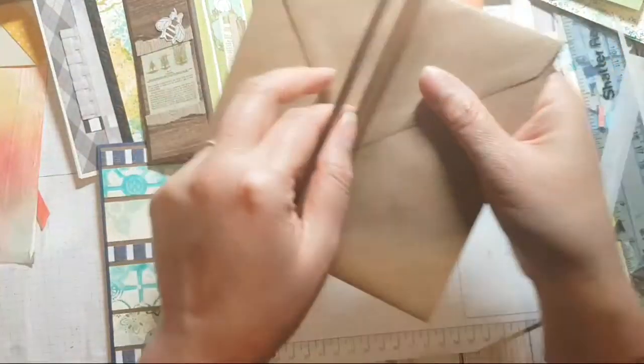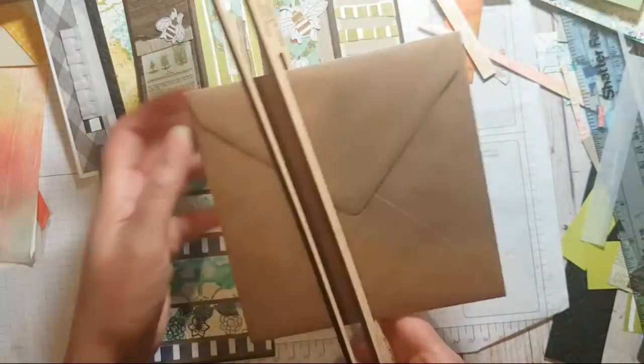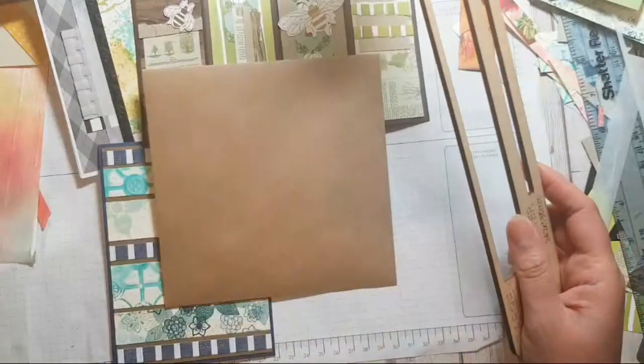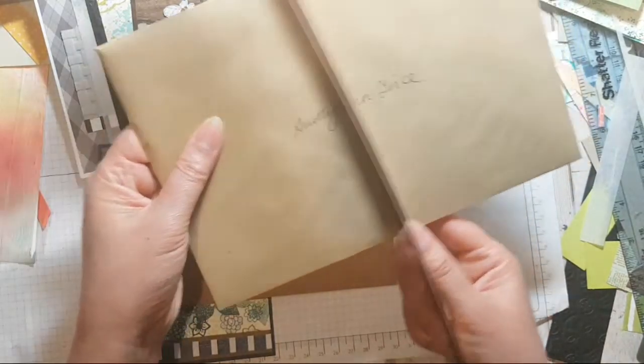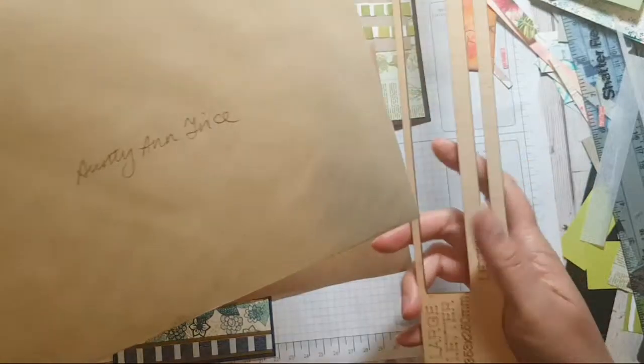I always do this, you see, before I go to the post office. I'll check. See, that goes through. So that is a standard envelope size. So even like that size, as long as that can go through. Yeah, see, that doesn't go through because it's too thick. It's got embellishments in it. So that would then go through that one